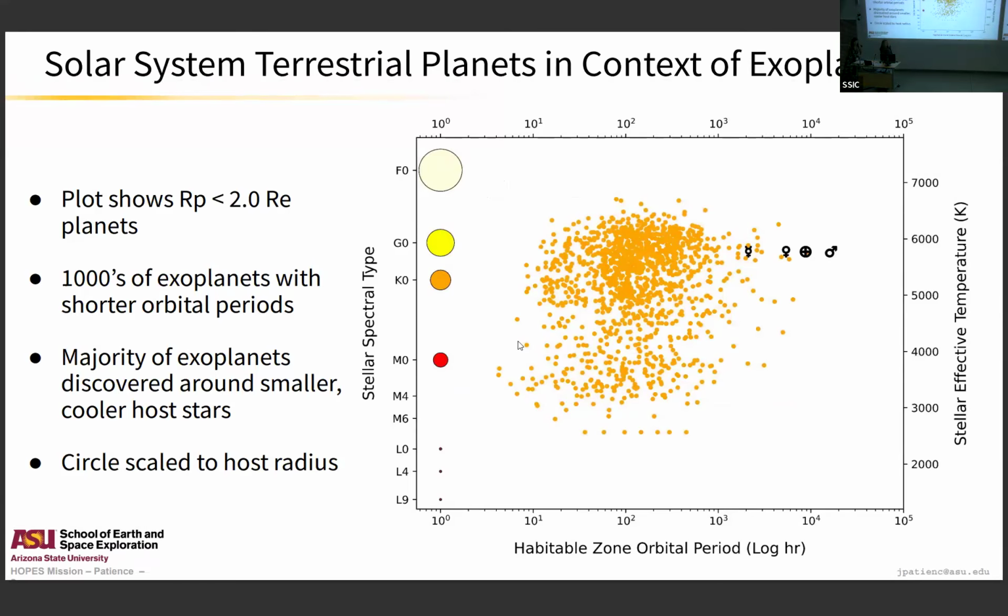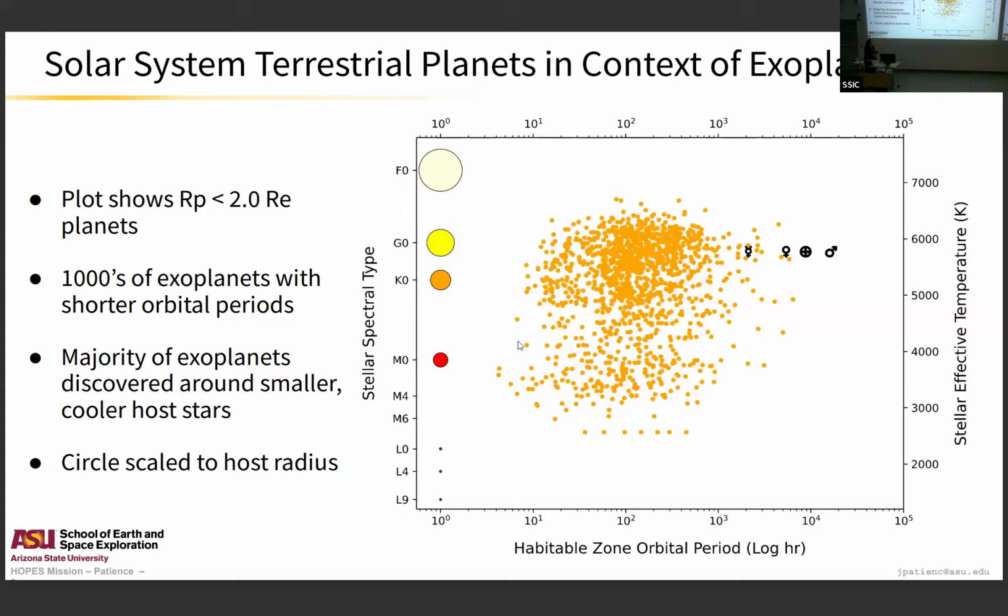Okay, so what you're seeing here is a plot that's a little different from the standard view of the exoplanet population. So what you're seeing here is a way of considering the solar system planets in the context of the exoplanet system, but ordered by the effective temperature of the star. And so in this case, focusing on the rocky planets, only the transiting planets with radii of like 2 Earth radii or smaller are plotted as a generous value for an upper limit considering uncertainties of a